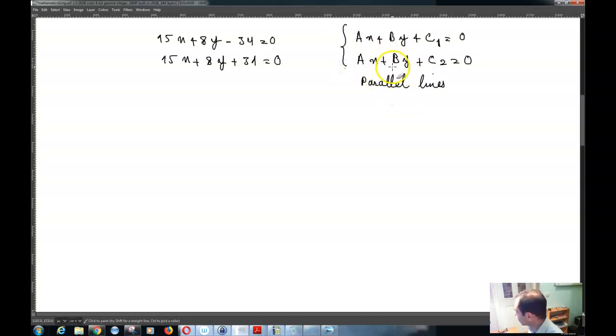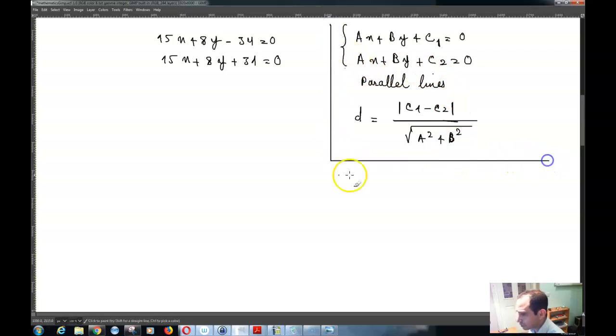So if you have these 2 lines, then you can write the perpendicular distance between the 2 lines as the absolute value of c1 minus c2 over the square root of a squared plus b squared. So having this in mind, you can come over here and write the distance of these 2 lines as basically